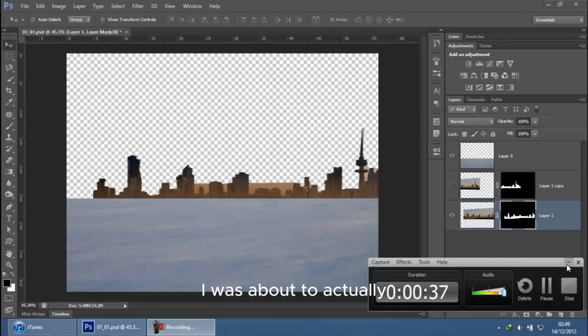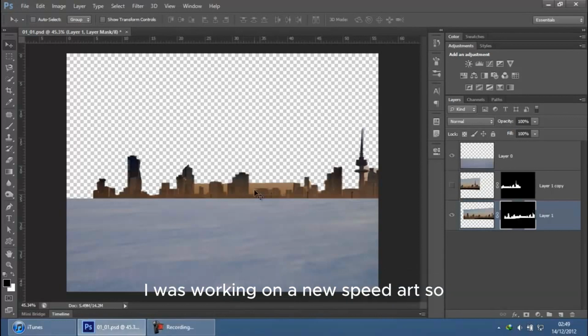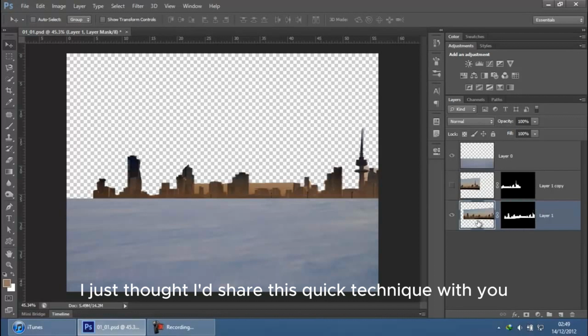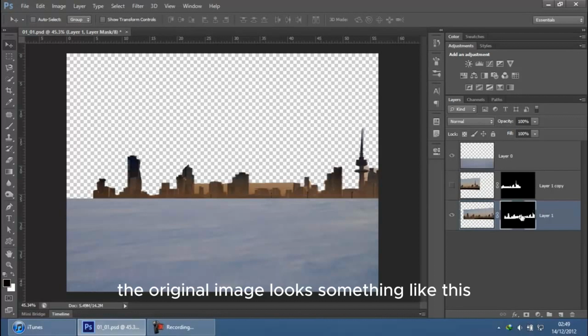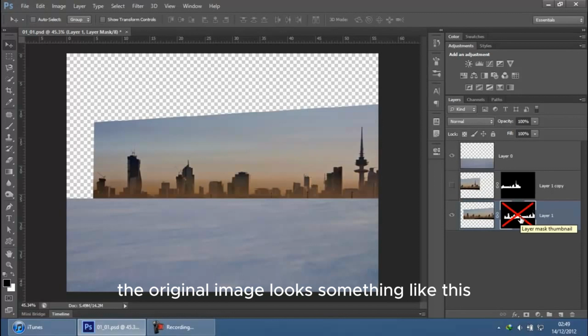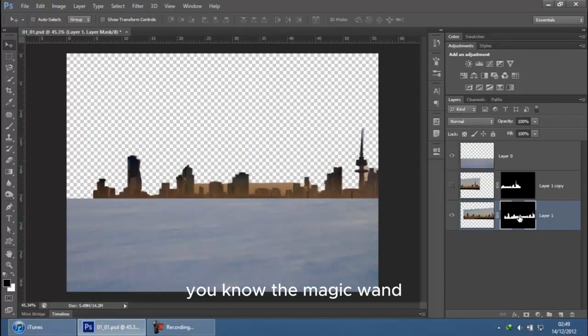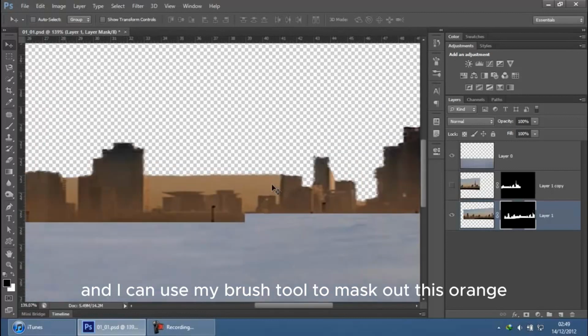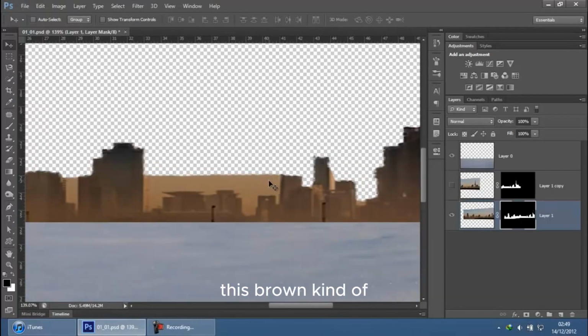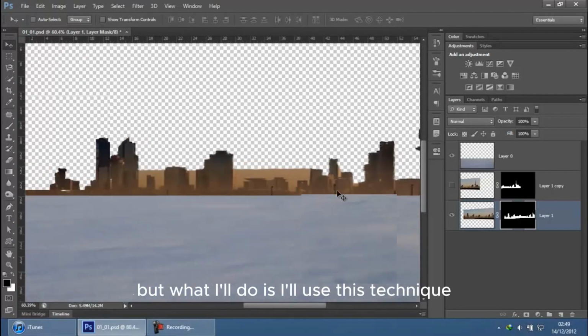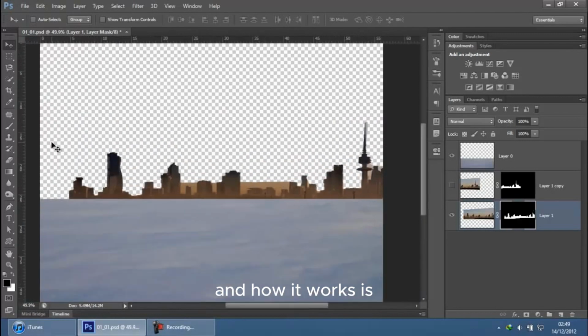And right now I was working on a new speed art, so I just thought I'll share this quick technique with you. Now as you can see, the original image looks something like this. So I just quickly masked it out using the magic wand. Now I can go in and I can use my brush tool to mask out this orange or this brown kind of color in the image. But what I'll do is I'll use this technique, and how it works is,